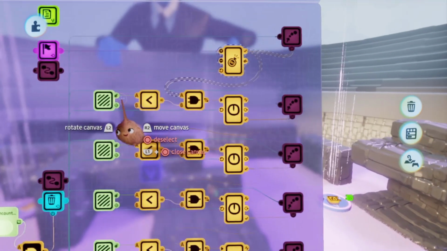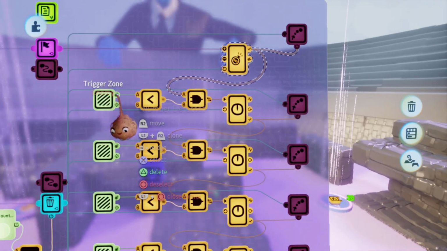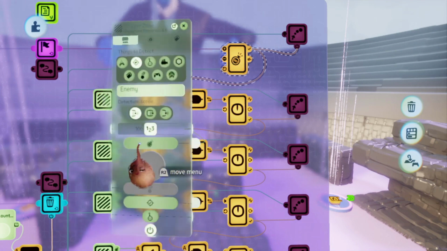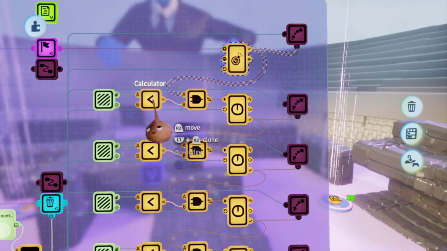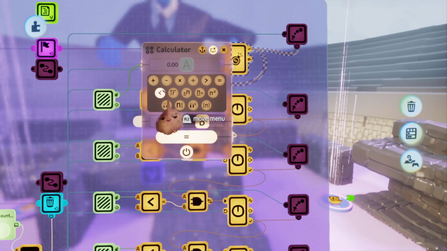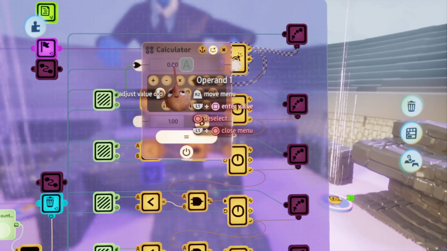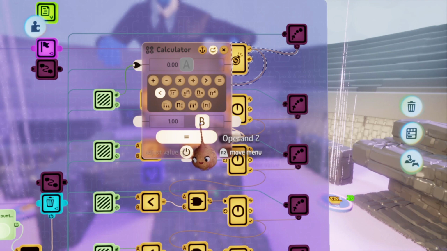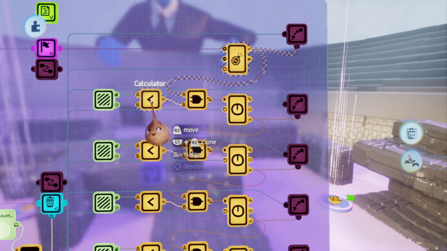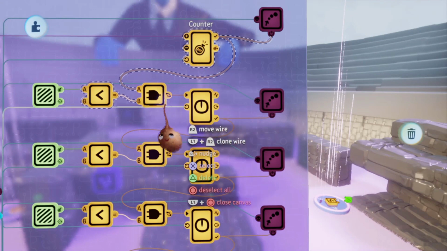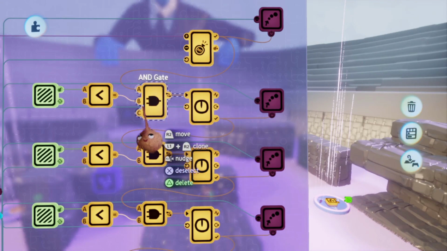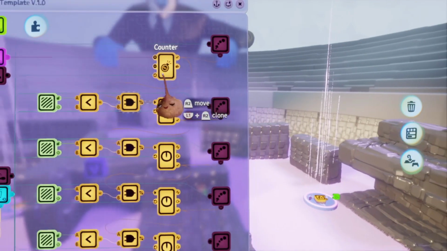First there is a trigger zone. This one detects the amount of enemies via tags. Don't worry, I'll go into all that later. The amount of enemies it detects output is then wired into a calculator that checks for amounts lower than 1. What this means is that the moment the current amount of enemies drops below 1, a signal will be sent. This signal is then wired into the same end gate that had a wire in it from the first wave. So now, once the current amount of enemies is below 1 and the first wave has been activated, it will